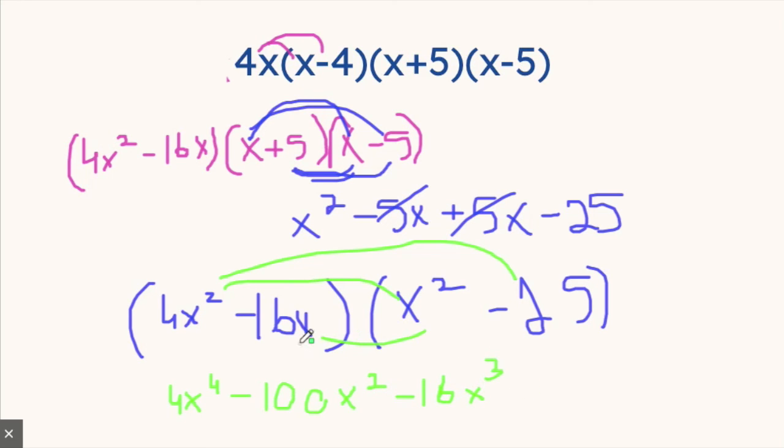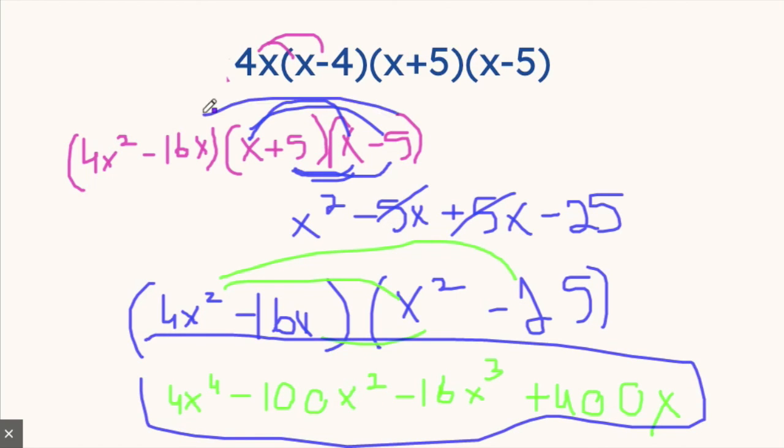And negative 16x times negative 25 is going to be positive 400x. And that is the answer